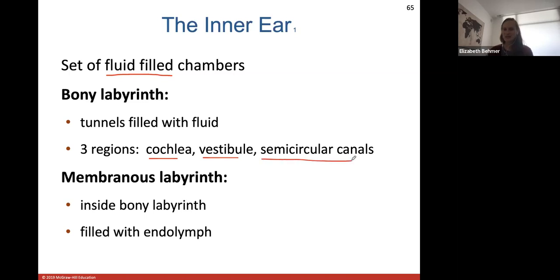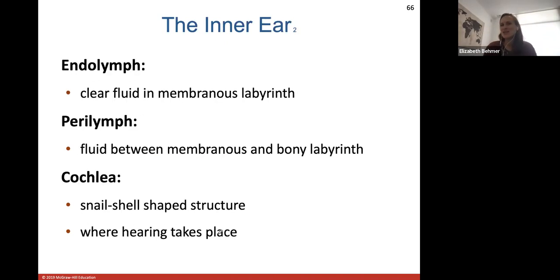And then the membranous labyrinth is inside those bones, and it's filled with endolymph, which is a type of fluid. So the sound vibrations that are coming into your ear actually get passed on to create kind of waves through this fluid in the inner ear. The endolymph is a clear fluid in the membranous labyrinth, and the perilymph is a type of fluid between the